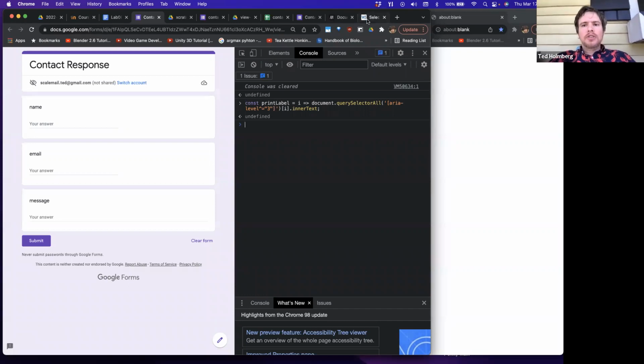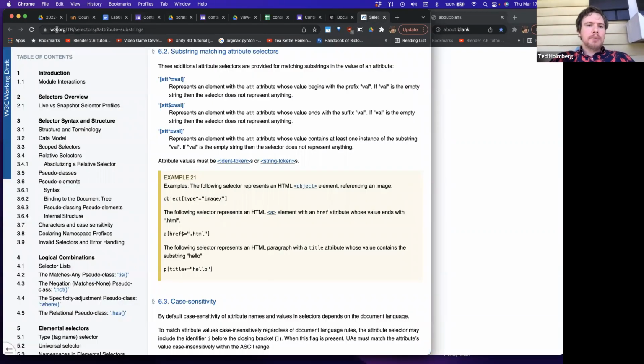So here, based off of the W3 specification, these are the different ways we can match an attribute with our querySelectorAll. Inside of our square brackets you have an attribute name, and let's say you have the hat equal to, and then a value. Well, this represents an element with the attribute whose value begins with a prefix of whatever this value is. If I did $ equal sign,